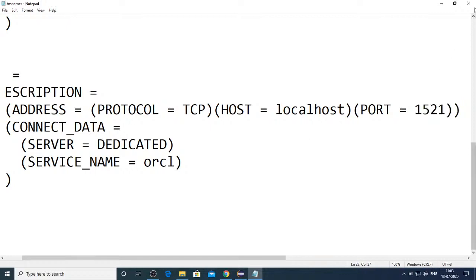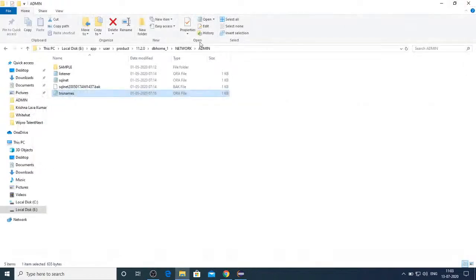So this is how you can check your service name and port numbers. You will be getting it from the admin folder of the network folder, from the home. From the home network folder, admin folder, you can see tnsnames.ora, and if you open that you will see your service names and port numbers.